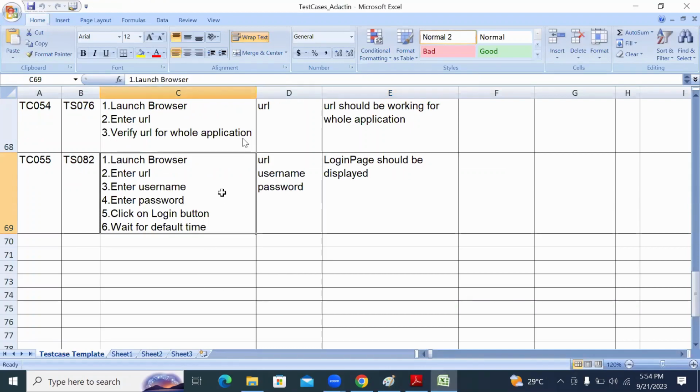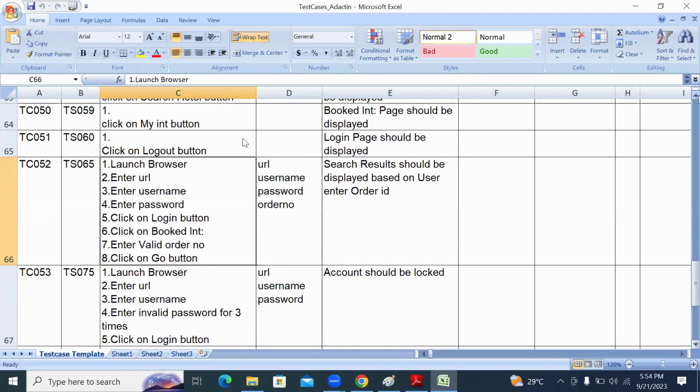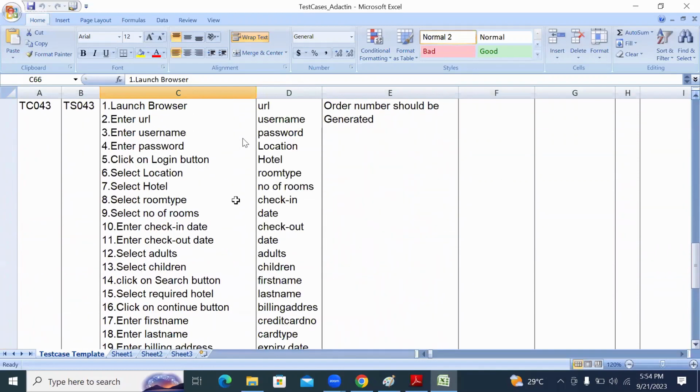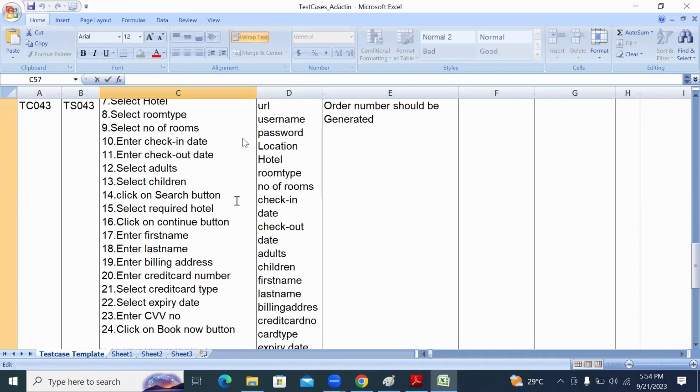This particular one, how many steps did we get? How many steps are there? 6. And this one, how many steps did we get? 3 steps. And this is 5. And this is 8 steps. If I take some other one, if we just look into this, now, how many steps did we get? 24. So if we just look into these test cases,